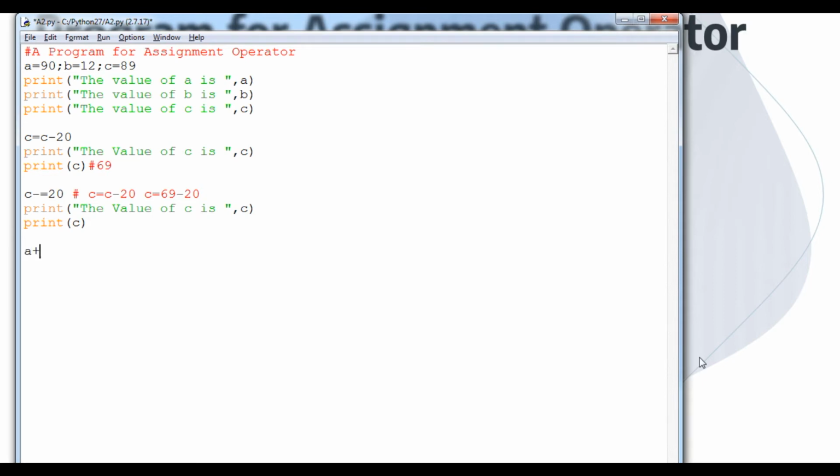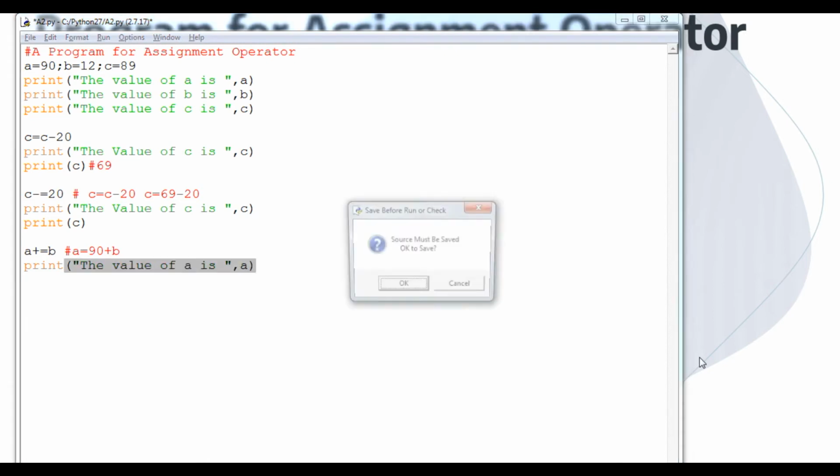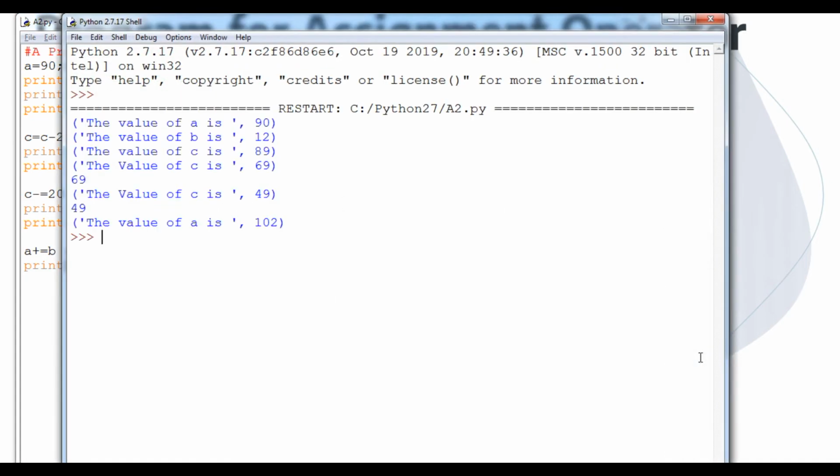Here suppose that A plus equals B, that means whatever the value of B, here A equals, I think the A variable value is 90, plus B. Here I will print, simply I will type the value of A is, after that A. Okay student, so let's see what the output will be.